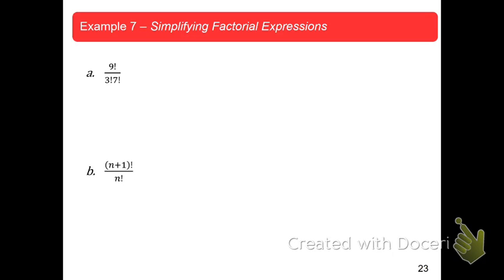All right, so for example 7b, that n plus 1 factorial, remember we said when we are writing out our factorials, we start at 1, 2, 3, and we go all the way up to whatever our ending number is. Well, we don't know what n is. We'll never know what n is unless it specifically tells us, which it won't in this type of a problem. And so we go all the way up to whatever number we're taking the factorial of. So dot, dot, dot, and it's going to go all the way up to n plus 1